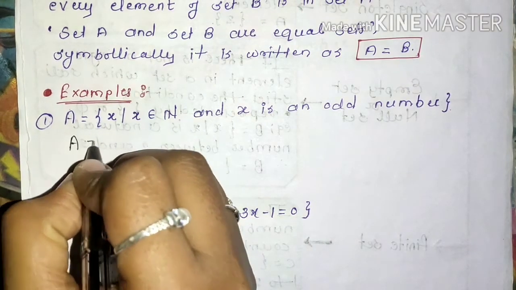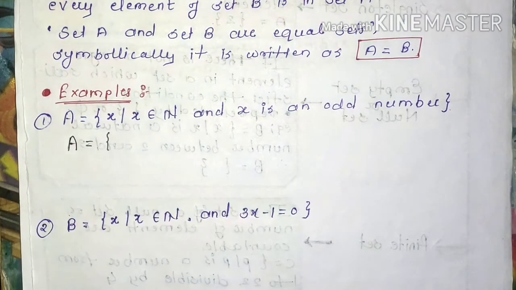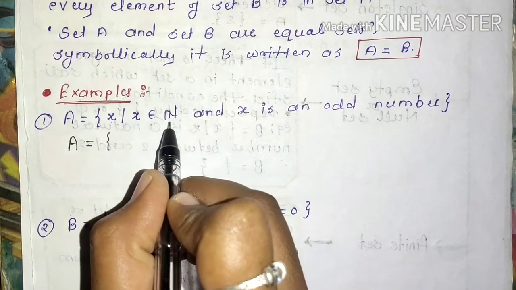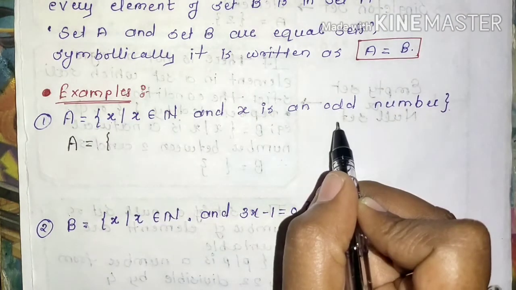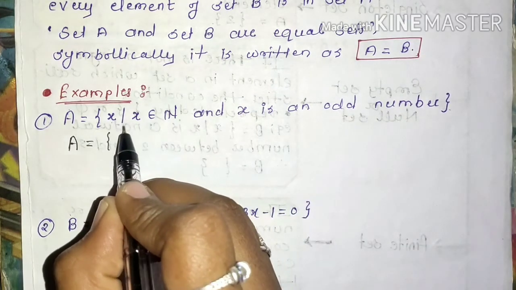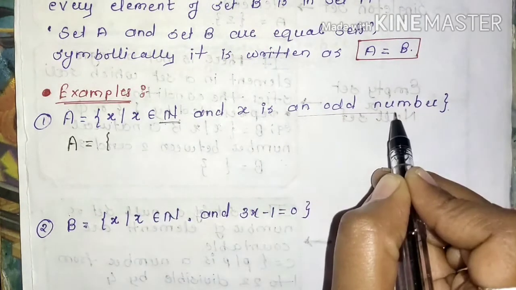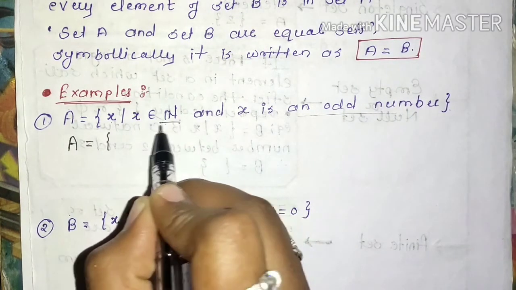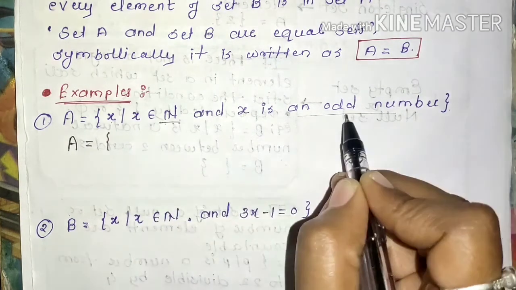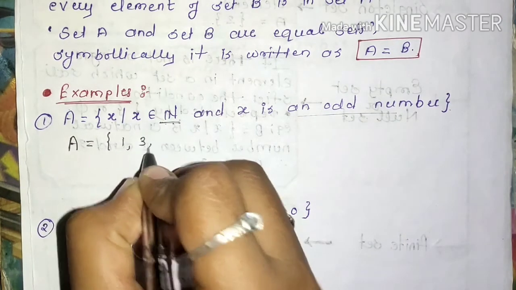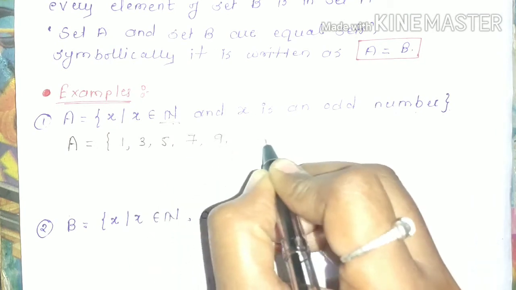सेट A में पहले एलिमेंट क्या क्या आएंगे वो हम लोग एक बार फाइंड आउट कर लेते हैं. Then only we can verify which type of set it is. It's a set of element x such that x belongs to a natural number and x is an odd number. That means x एक ऐसा एलिमेंट है जो बिलोंग्स कर रहा है नेचुरल नंबर को और x इज़ एन ऑड नंबर. ओके, मतलब ये बात तो क्लियर है कि ये x जो है इट्स अ नेचुरल नंबर एंड इट्स ऑड नंबर. So the elements of the set A are 1, 3, 5, 7, 9 and up to so on, because